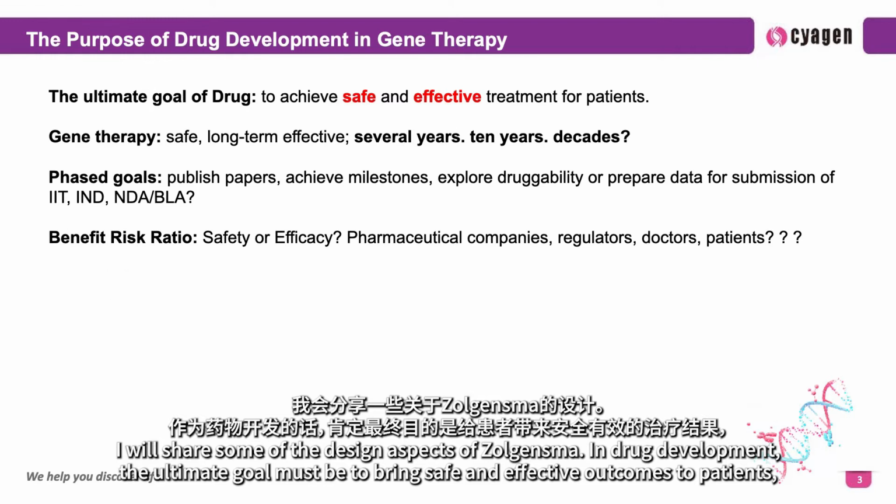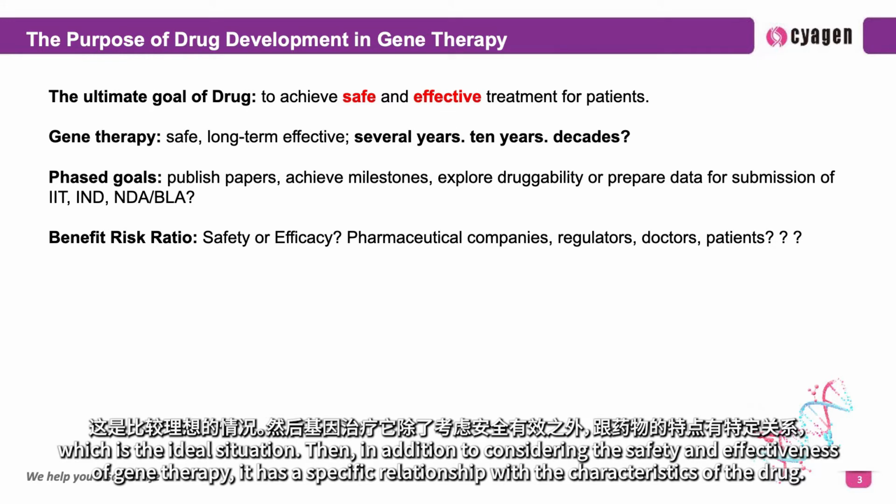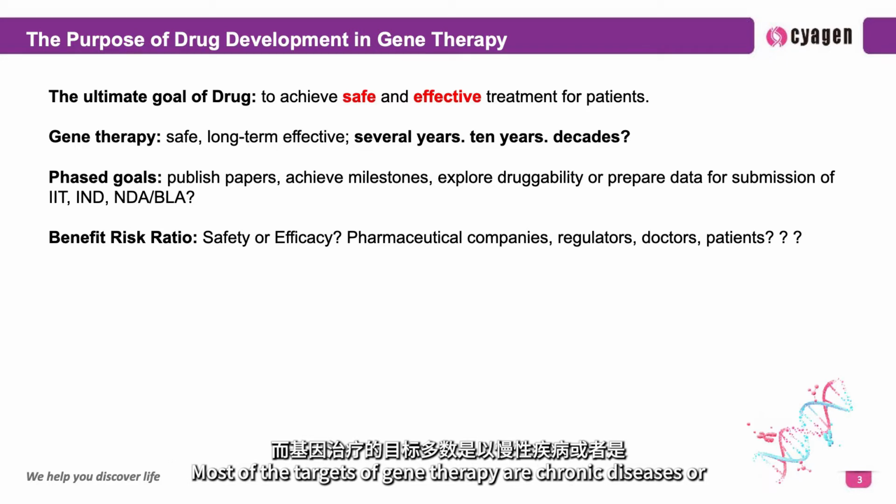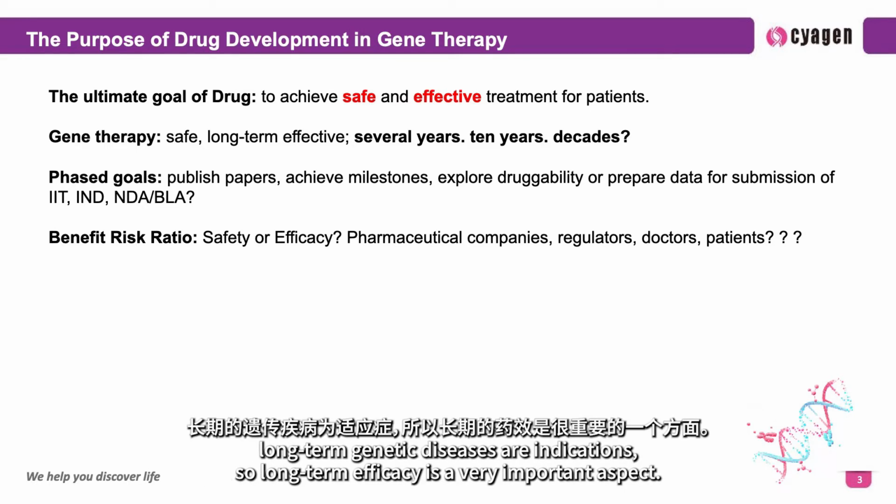In drug development, the ultimate goal must be to bring safe and effective outcomes to patients, which is the ideal situation. Then, in addition to considering the safety and effectiveness of gene therapy, it has a specific relationship with the characteristics of the drug. Its long-term effectiveness needs to be considered, because the cost of gene therapy drugs is relatively high compared with other drugs. Most of the targets of gene therapy are chronic diseases or long-term genetic diseases or indications, so long-term efficacy is